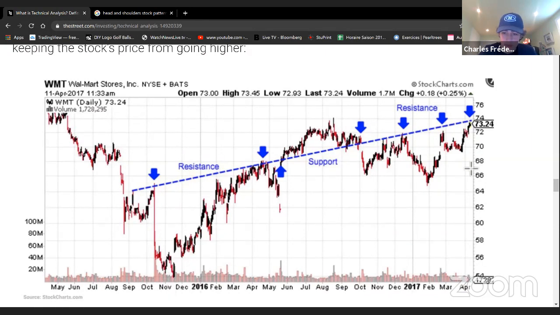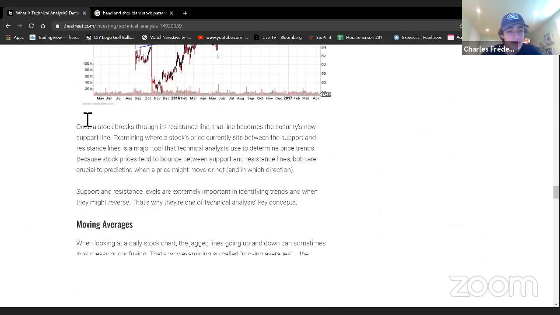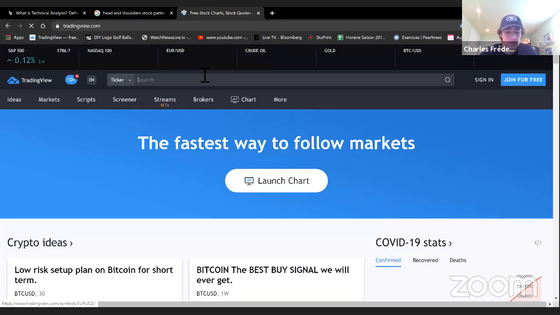Probably another one here, because if you see... wait, actually, I'll just make one. Seems fairer to be like that, right? So it goes down, but goes right back up, goes down, supports here, pretty much at the same place. Then here it doesn't cross, here it crosses, but goes back up, and then supports here. So I think that's a good example of the resistance levels. And then finally, the moving averages, like I said, if I go on TradingView, I'll show you what a moving average looks like, but you could just input a certain stock, we'll use Amazon.